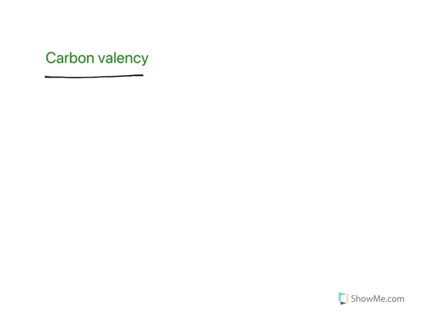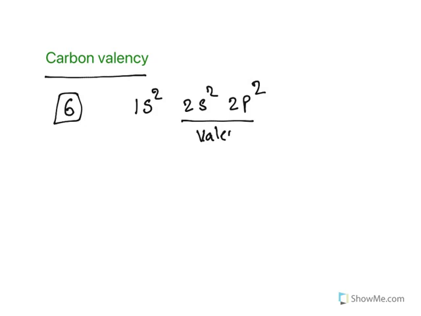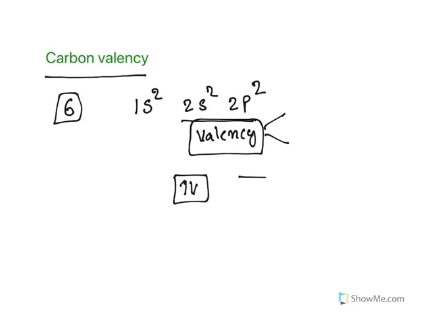Now the first one is about carbon. The carbon atomic number is 6. When you see the electronic configuration, it has got 1s2, 2s2 and 2p2. Now, the outer shell is known as valency shell. The reason why we talk about valency shell is the outer shell electrons will participate in chemical bonding. When you see the electrons in the outer shell, the shell will be like this. So, this is how it looks. Now, this is called the ground state.